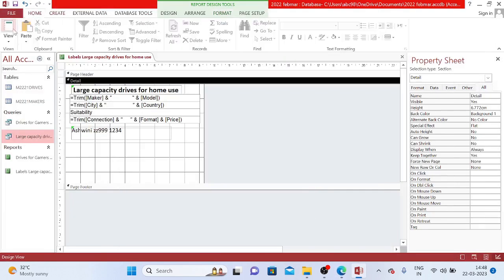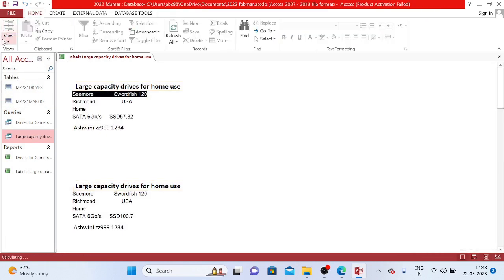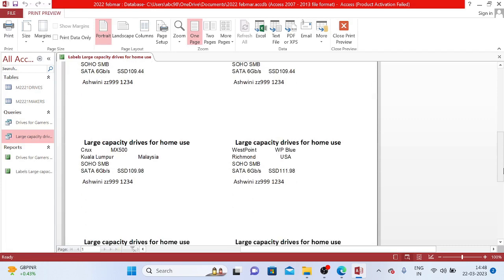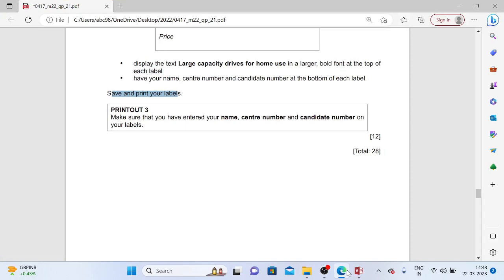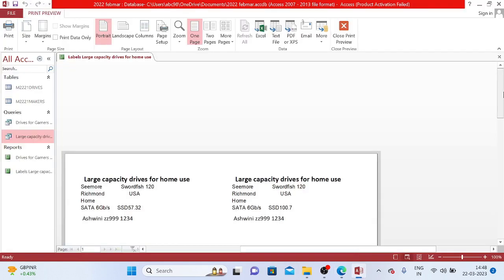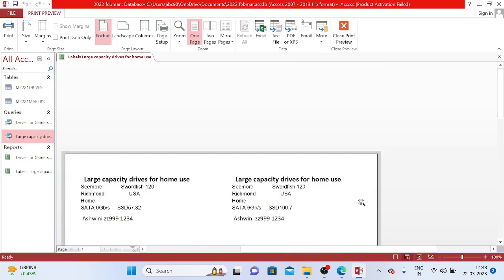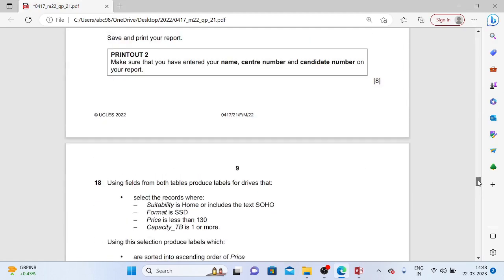So Home tab, view in layout view, open in print layout, print preview. So this is how your labels will be displayed in printing format, in print layout. So make sure you have entered your name, center number, candidate number. So labels are also created here. You can save this in the form of PDF. So we are done with the database task of this 2022 Feb-March paper. If any queries, you can